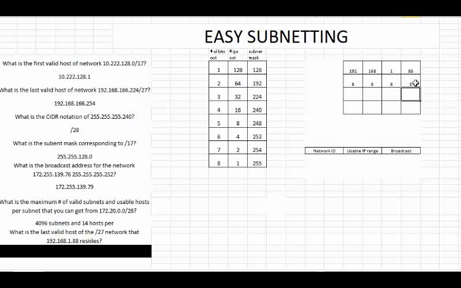So let's find out what the network is. Okay, let's find the network ID, the usable IP range, and the broadcast ID, and then that's where we'll be able to find the last valid host, right? Because that's the last number in the usable IPs, correct? So we'll take that 3 and look at the bits over here. We've got 3 bits, which means there are 32 IPs per